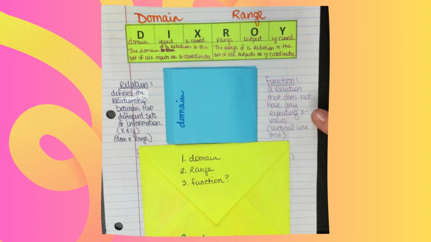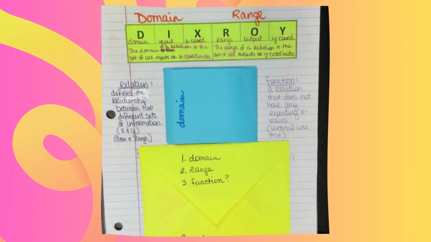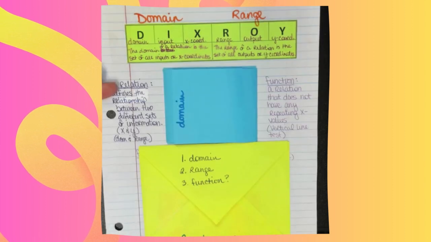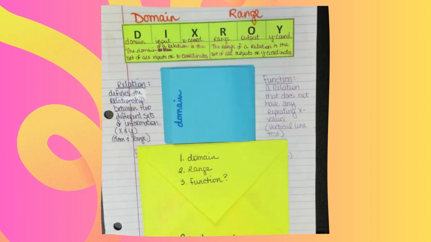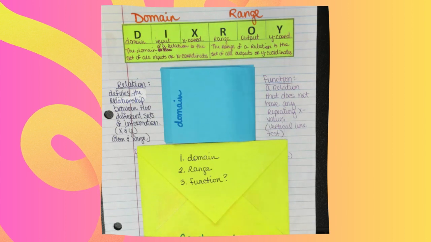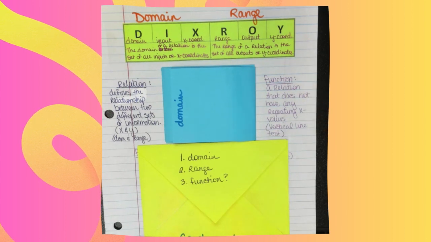And I put vertical line test in there. Hopefully some of you guys remember using the vertical line test in testing to see if a relation is a function. So all the relationships between two different sets of numbers are relations, but some of those relations are special because they are actually functions, which means they do not use any x values repeatedly. So if they use an x value, it's only used once. So go ahead and make sure you have those two definitions down for me real quick,